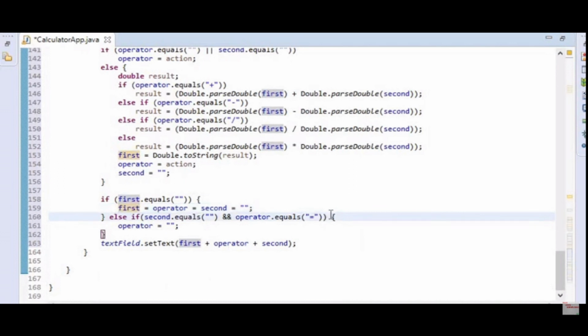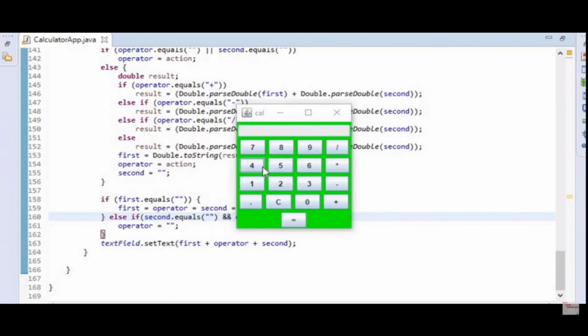Now I will run this application. Here you can see a simple calculator created. So here I will perform the operation 45 plus 45, that will be 90, and if I click on the equal to operator, then only 90 will be displayed. And here we can perform further operations like 30 is equal to 30. If I click on C, then it will clear the screen and display only 0 on the screen. Like this we can use this calculator.